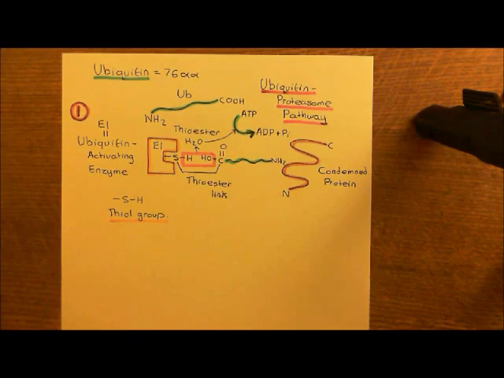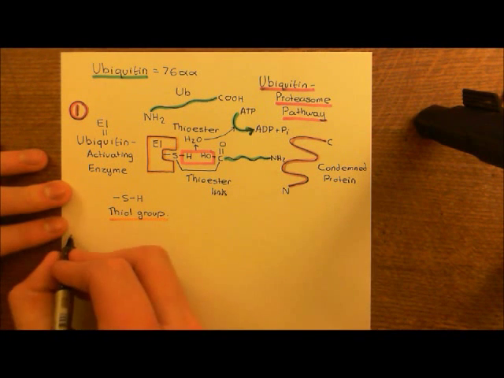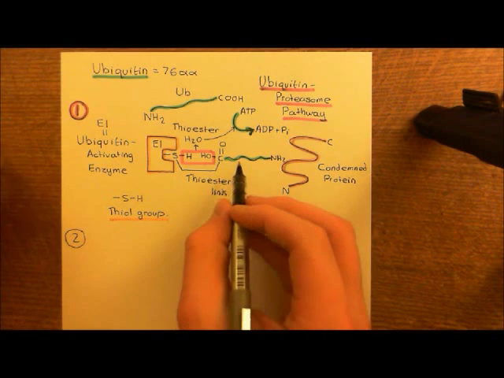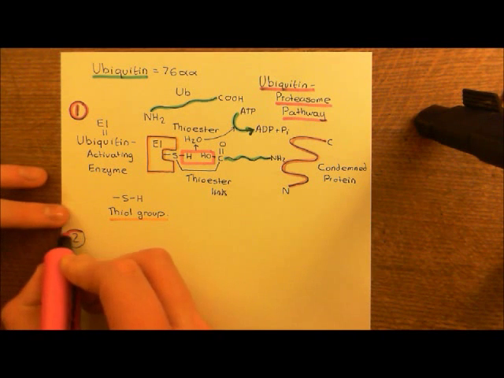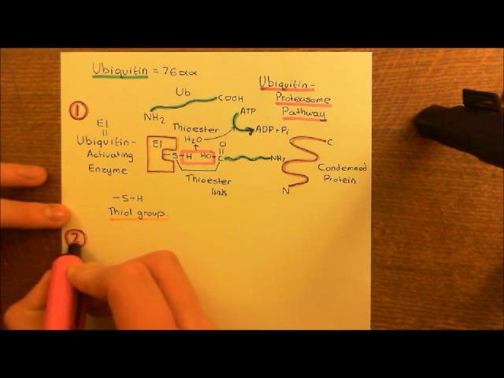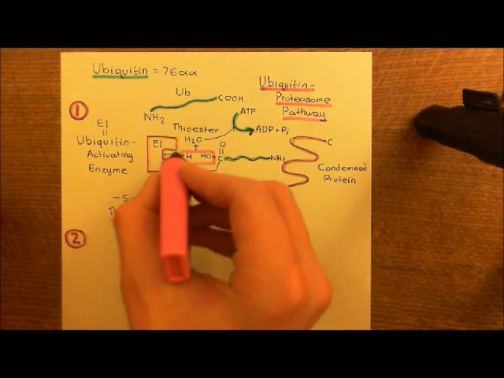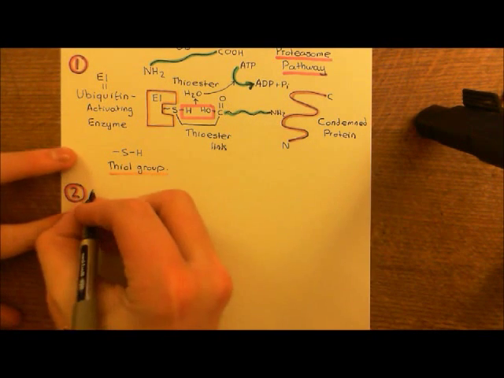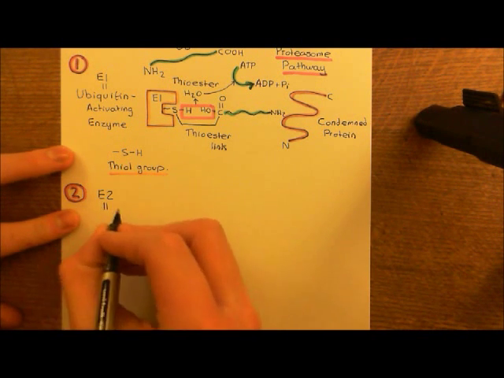So now let's move on to stage 2 of the ubiquitin proteasome pathway. In stage 2, we are going to transfer this ubiquitin group off an E1 enzyme and onto an E2 enzyme. This is a boring step in this process, because all we are literally going to do is transfer it off one enzyme with a thiol group onto another enzyme with a thiol group. So let's show this. This next enzyme is what's known as an E2 enzyme,